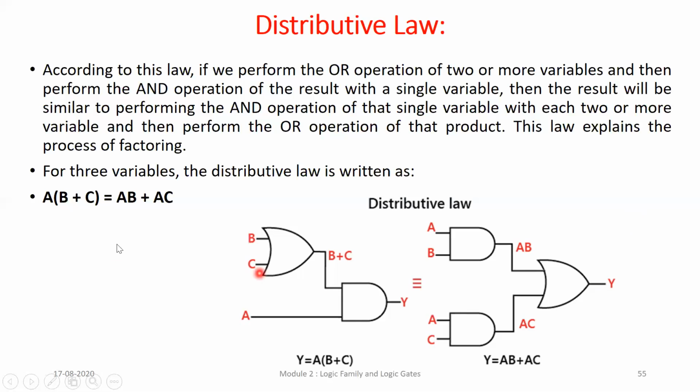Now suppose we give you an equation and tell you to implement it. See, LHS and RHS are both the same over here. But if you implement this one, you require only 2 gates. If you go for the expanded one, you require 3 gates: 2 AND gates and 1 OR gate. So obviously you will go for the design which gives you the minimum number of gates. So you will go with the LHS one. Suppose there is a scenario to design something: both are giving the same result, both are equal, but we will prefer this one.